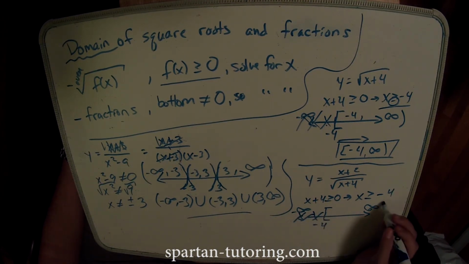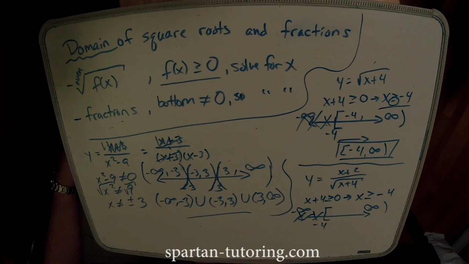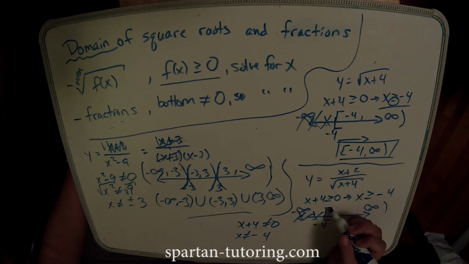Wonderful. But now we have to ask ourselves, is there a fraction? Yes, there is a fraction. And the fraction tells us that the bottom cannot equal 0. So x plus 4 cannot equal 0, so x cannot equal negative 4. Since negative 4 is not included, you turn this bracket into a parenthesis. So this domain is simply from negative 4